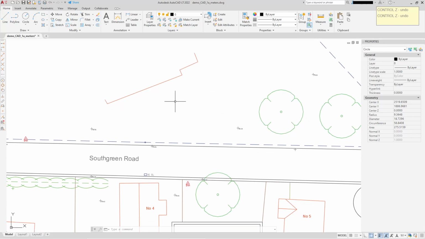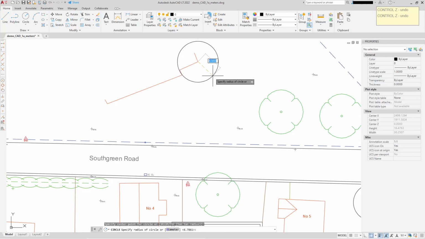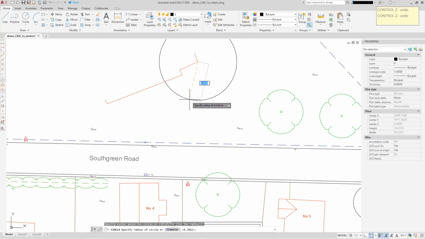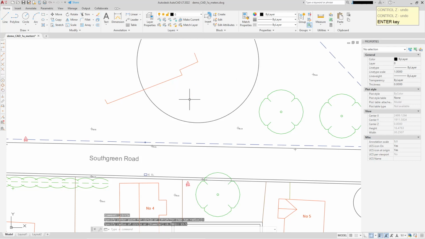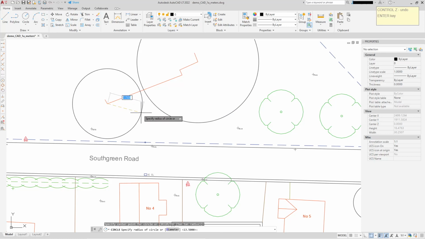So when I'm back in the office, I would pick a circle, lock it onto this corner, and if I measured say 13 meters to the tree, and the tree is, let's say, 1 meter diameter, I'd take the 13 and add it onto the radius, so it's 13.5 meters to the center of the tree, and enter 13.5, and then do the same with the other corner. Let's say that was 18 meters, so I would enter 18.5,